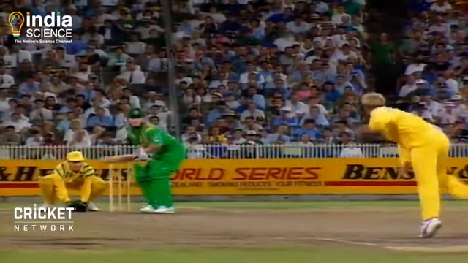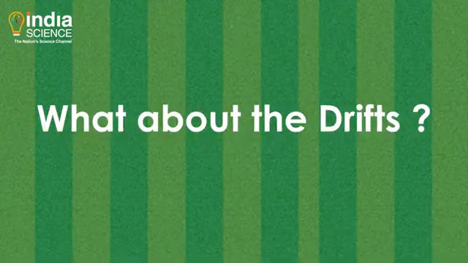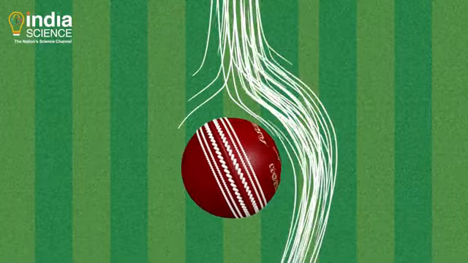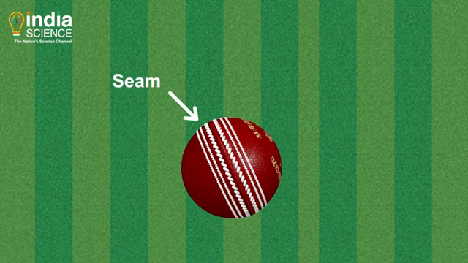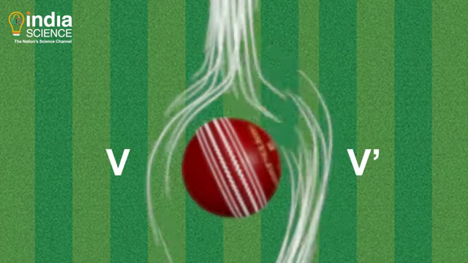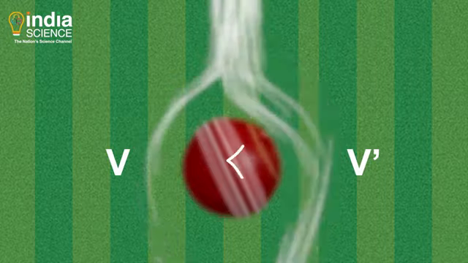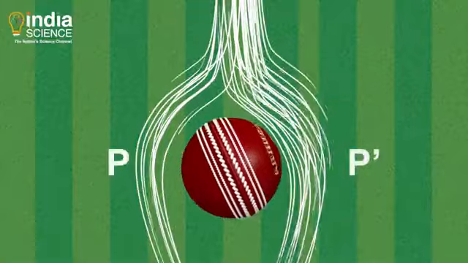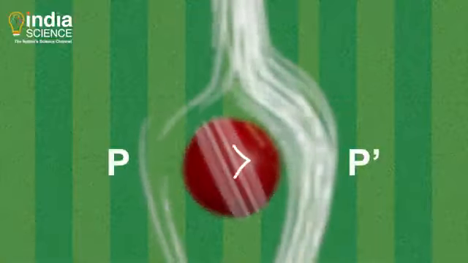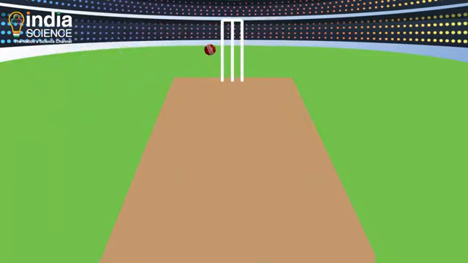Now we know how a forward or backward rotating ball dips or lifts. But what about the drifts or sideways movement? Now imagine a ball is thrown with an anti-clockwise rotation. The seam is pointed away from the right-handed batsman and the shine is towards him. As the ball propagates through the air, the speed of the air on the left side gets slower as compared to the right side. That's because the air moves easily on the shiny side, which in turn changes the pressure. The lower the speed, the higher the pressure. This makes the ball drift towards the right of the batsman before pitching.